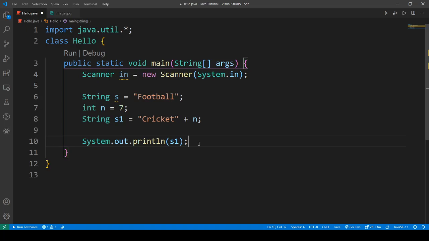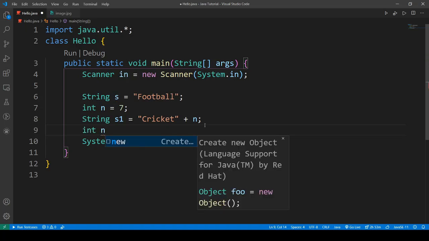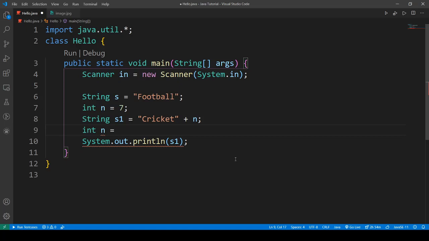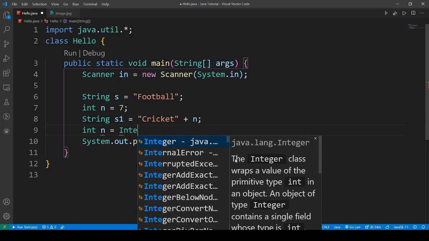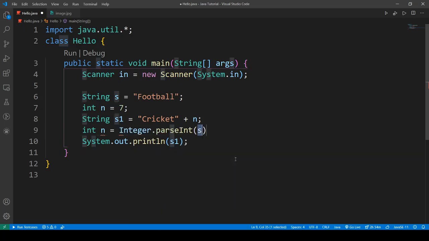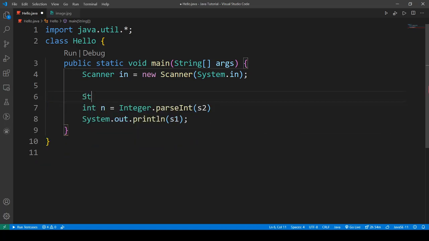We can see how easily an integer can be converted to a string, but how to convert a string to an integer? For that, we can use a method which goes like Integer.parseInt, and we put a string variable name in here, and that string will be, let's say, 8.